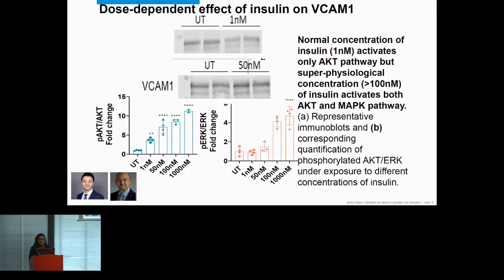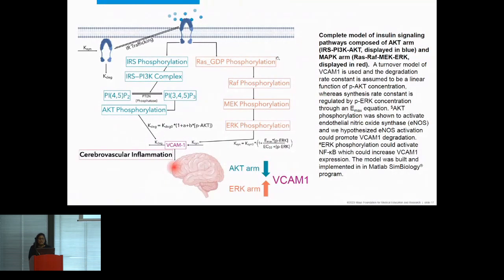And then obviously we wanted to connect our story to the inflammation marker, the VCAM, right? So we also looked into what happens at 1 nanomolar and what happens at 50 nanomolar of the insulin. We found that at 1 nanomolar, the VCAM1 is not expressed. At 50 nanomolar, the VCAM is expressed. That gave us more confidence to dig deeper into this particular pathway, the insulin receptor